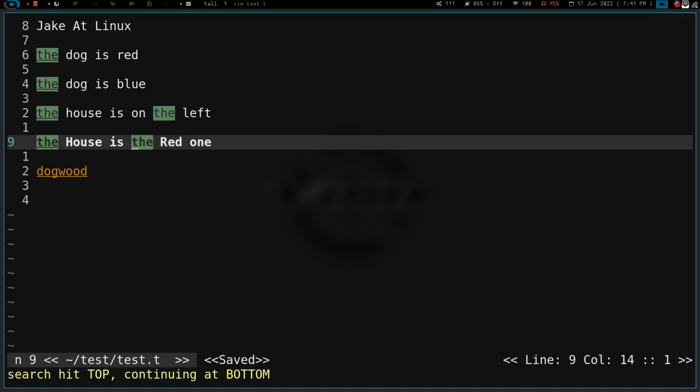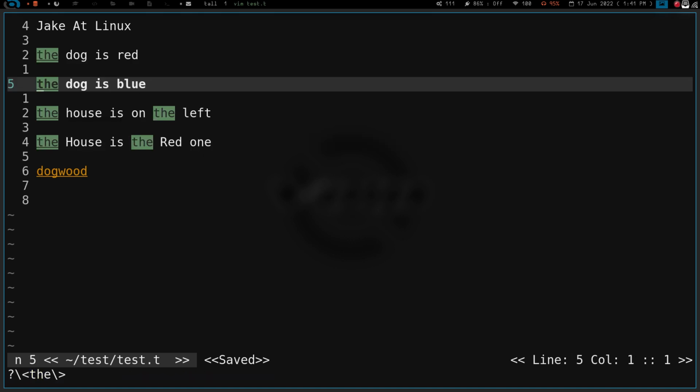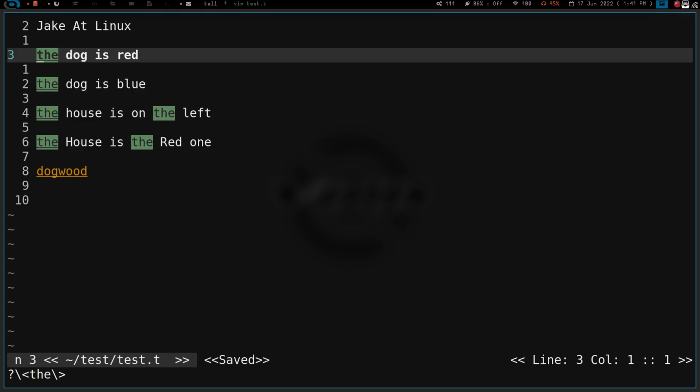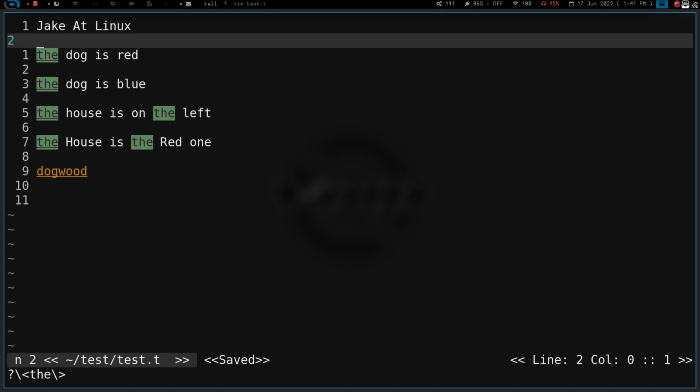Now, if you notice, I'm going back, right? When I hit the N button, I go back. Well, that's because the pound sign or hashtag is going to go in reverse. When you look for a certain word, it's going to show you everything in reverse, and then you scroll through back. If you want to find them going forward, all you have to do is put your cursor under whatever